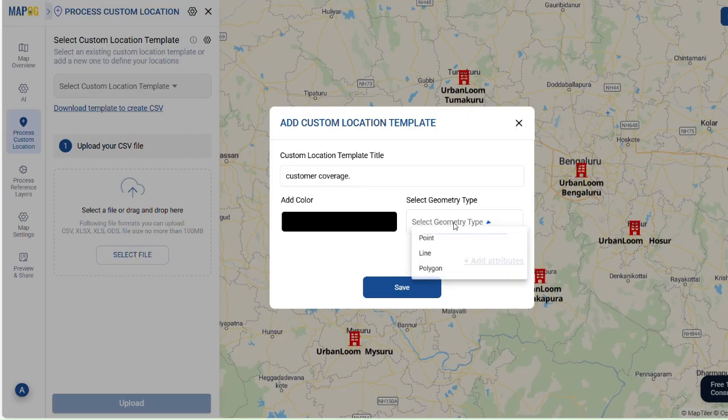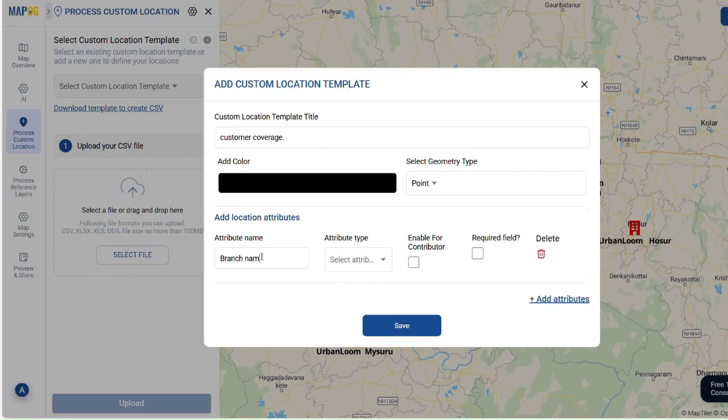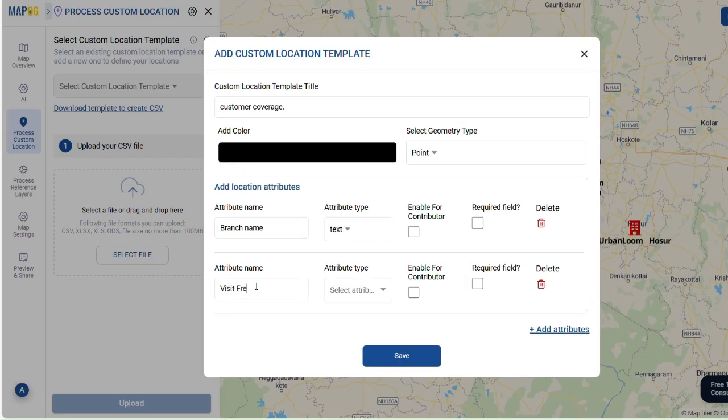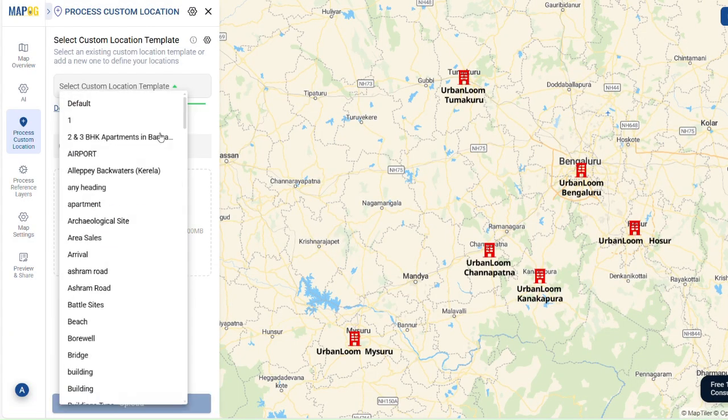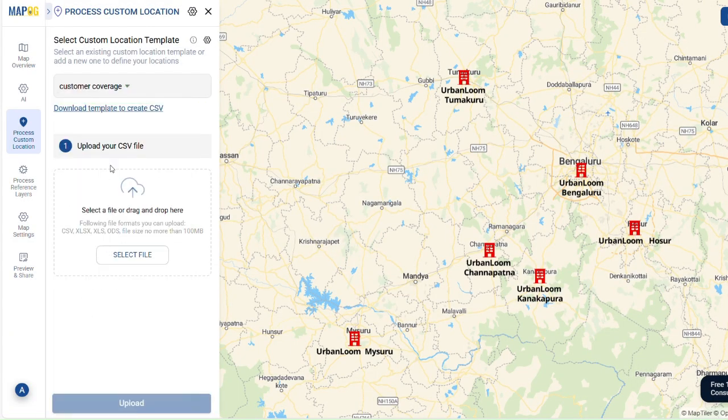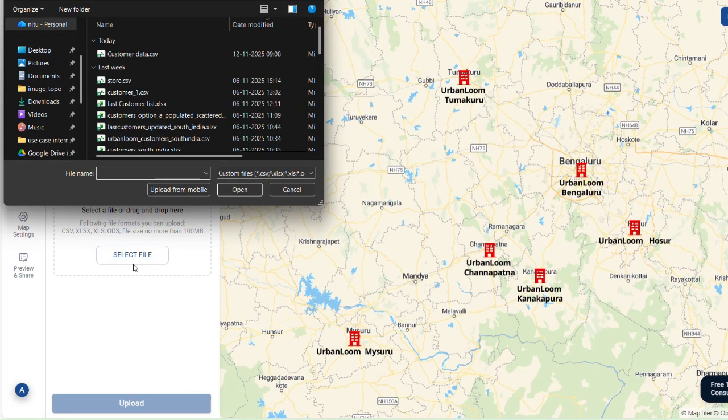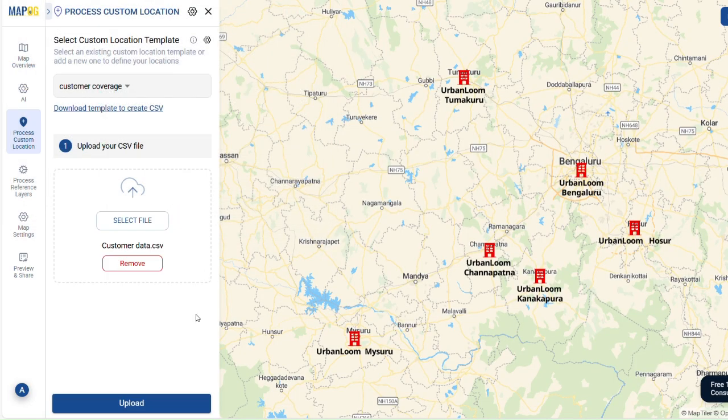Set the geometry type to point and start adding attributes like branch name, visit frequency, purchase amount, and so on. Make sure each one is assigned the correct attribute type and then click Save. Now, select your new location template from the drop-down, browse, and upload your customer data, CSV/Excel, file with coordinates and